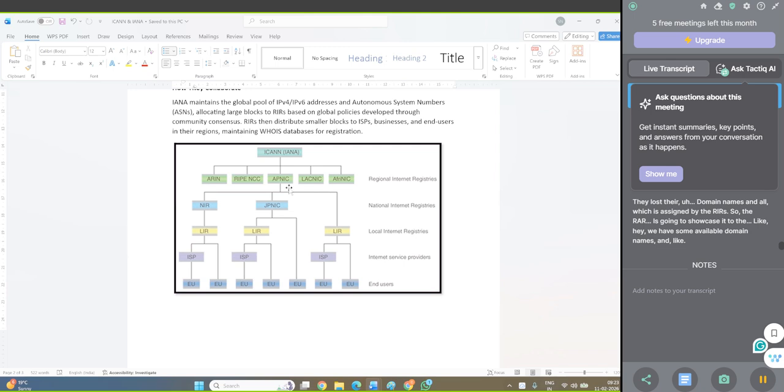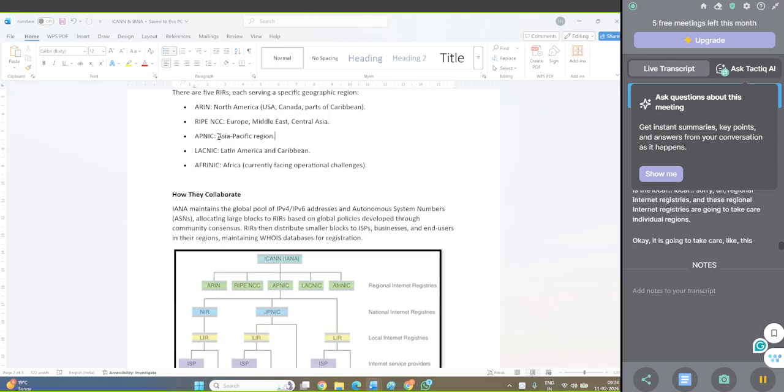Okay, but still they are gaining some amount to maintain all these things properly. Simply, IANA, Internet Assigned Numbers Authority, is going to take care of all these things with the help of regional internet registries, and these regional internet registries are going to take care of individual regions. Okay, for example, the Asia Pacific region is going to be completely taken care of by